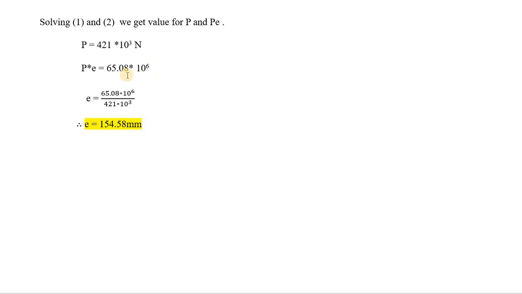The thing is, we need a value for P as well as E. So P is over, the first part is over. The next part is to find the E value. So PE equals this value, and we know how much P is, so this value divided by P will give you E. So E is nothing but 154.58 mm. This is nothing but the eccentricity of the cable.